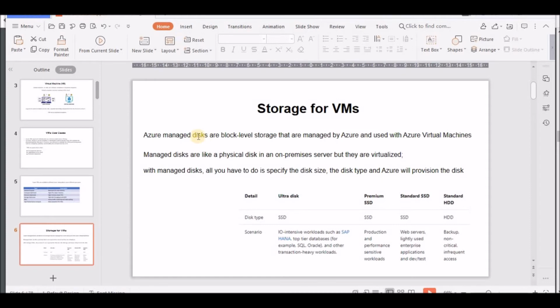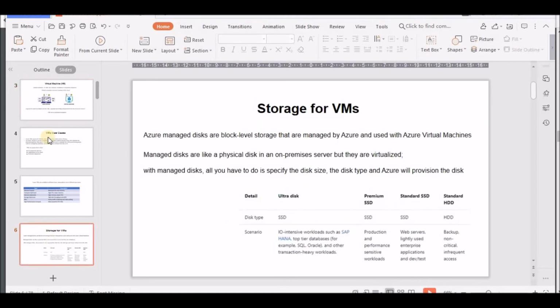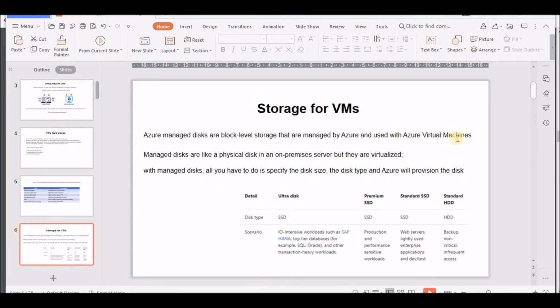These are SSD and HDD, block level storage that are managed by Azure and used with the Azure virtual machine. You can attach those disks to your virtual machines. That is the main point you have to remember. Managed disks are like a physical disk in an on-premises server, but they are virtualized.